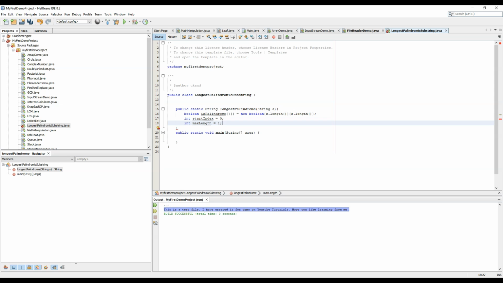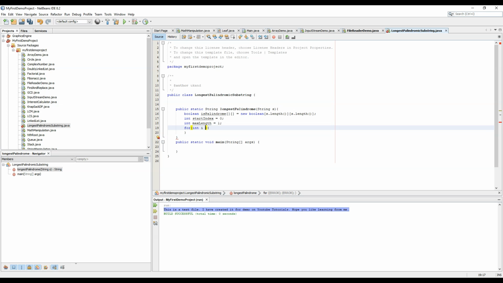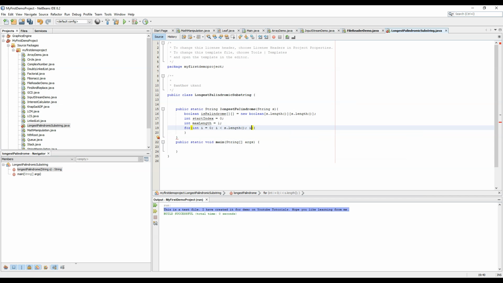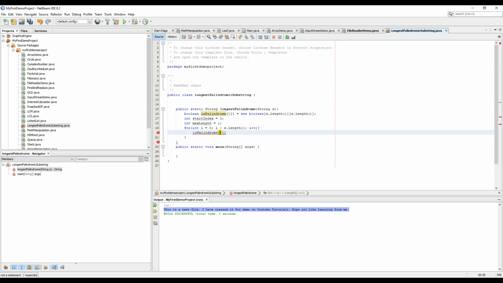So now we first need to initialize the DP array: for int i equal to 0, i smaller than s.length, i plus plus, isPalindrome[i][i] equals true.